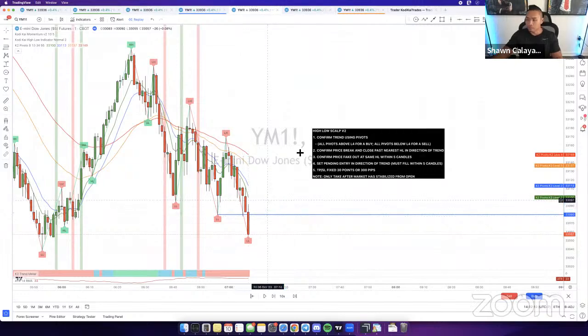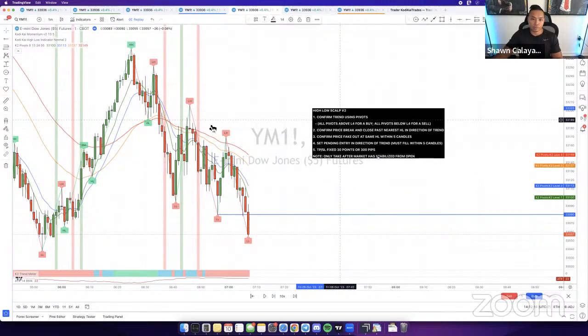So let's start over. Step 1 over here, confirm trend using the pivots. You can see here that price is bearish. Like we mentioned earlier, the red pivot's above all of the other pivots, so it's obviously bearish. The trend meter down below is also red, so you have a second confluence there. You have 2 confluences of a bearish trend. You're going to look for sells. So step 1, confirm the trend. It's obviously bearish here.